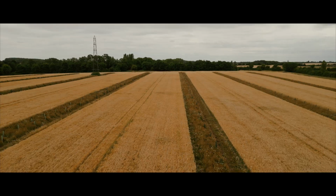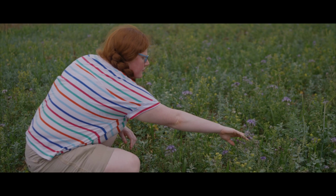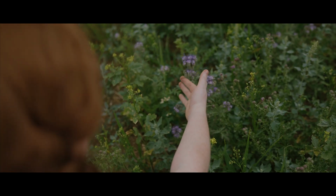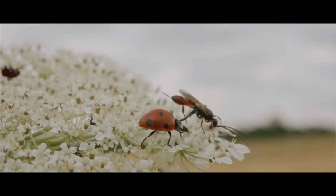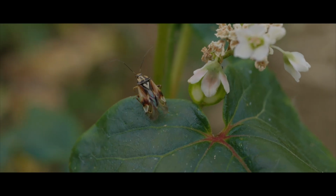What I think is quite cool about Hope Farm is that you've got all of this nature going on, but you're also still a commercial farm. How have you built these flower strips into your commercial system? For us, they're a fundamental part of our strategy to have a no insecticide system. There's obviously a lot more research to be done on them, which is why it's great that we've been hosting the ASSIST trial here. But from what we can glean so far, we see hoverflies using them, ladybirds using them, loads of different things using them, where we can see how that would be useful for pest control in the